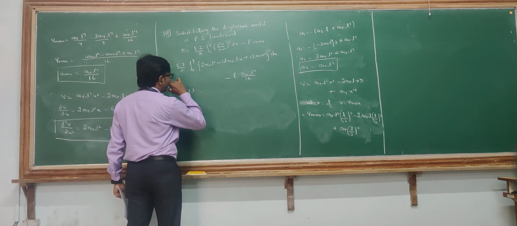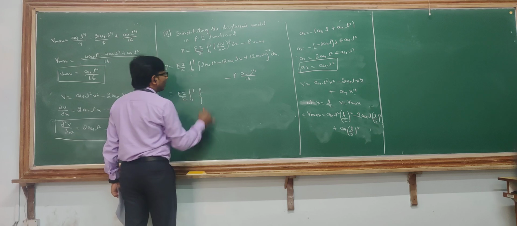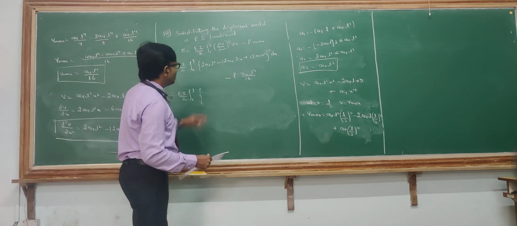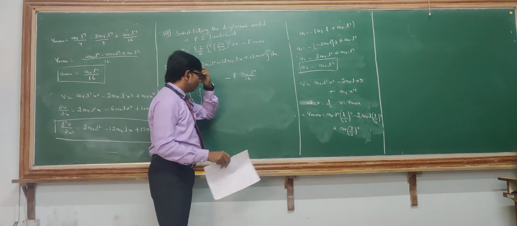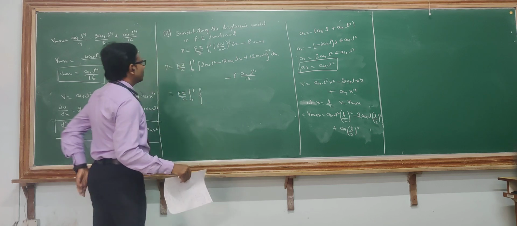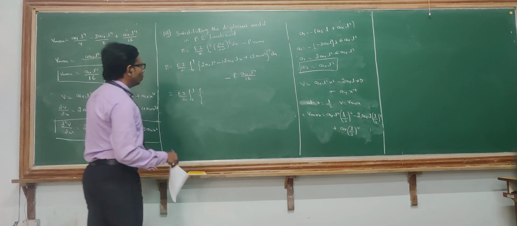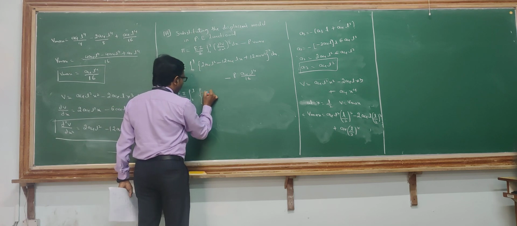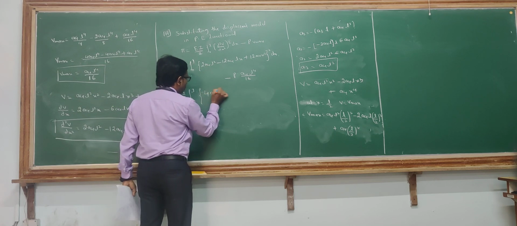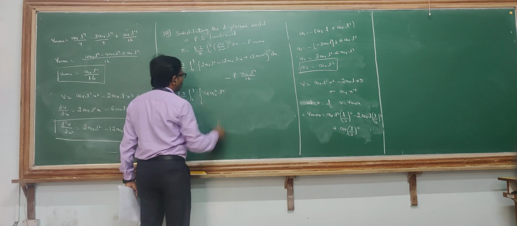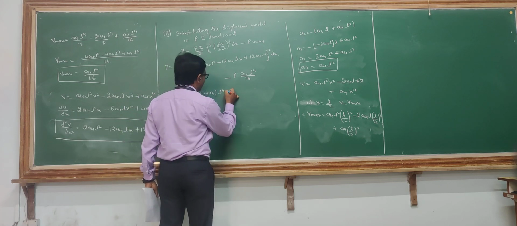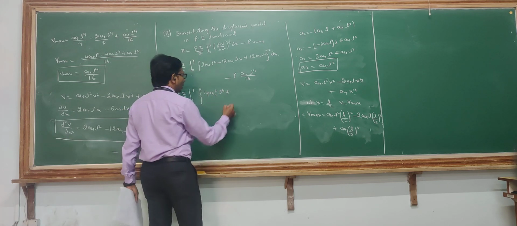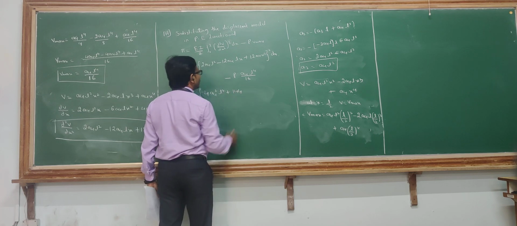So what you are getting here is a square plus b square plus c square plus 2ab plus 2bc plus 2ca. So you have to do that. So I have to do the squaring term. So 2 becomes 4 here, a4 square L raised to 4, this is a square, plus 12 square becomes 144